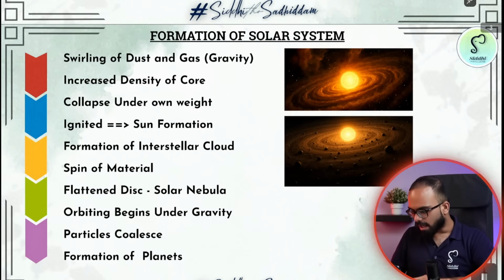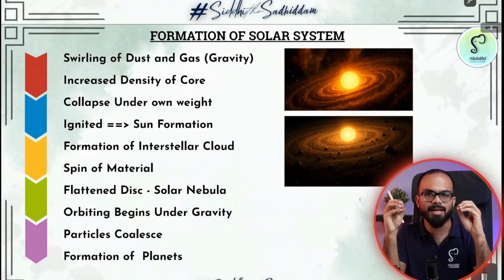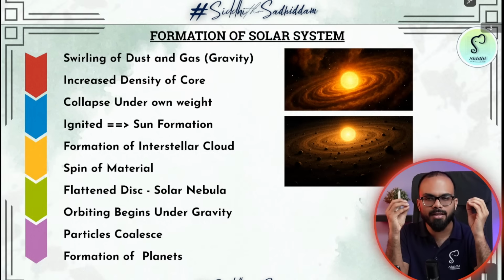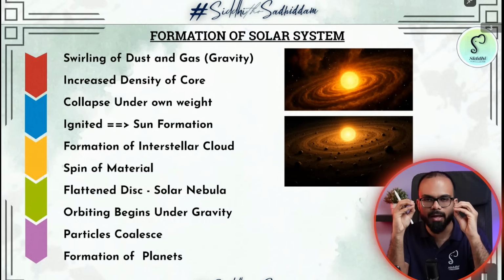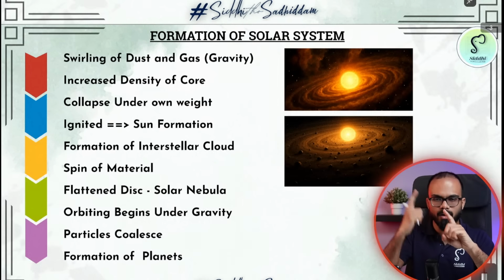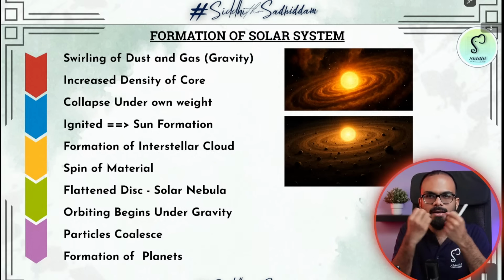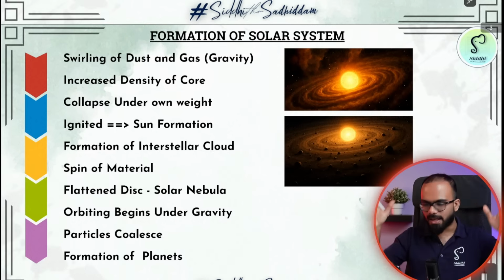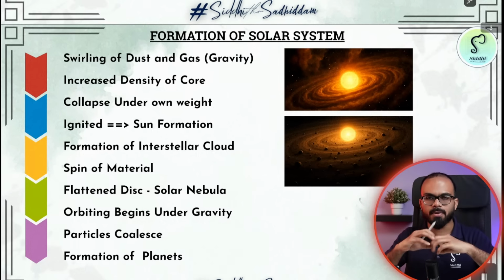Originally, our entire solar system is a mixture of dust, gases, etc. All these dust and gases were revolving around each other at a great pace, and these particles were held together using gravity. As they started rotating around and around, the larger particles started getting accumulated together and the density continued to increase. The weight of this entire system increased, and after a point of time, it collapsed. That is, it broke down because of the heavy weight.